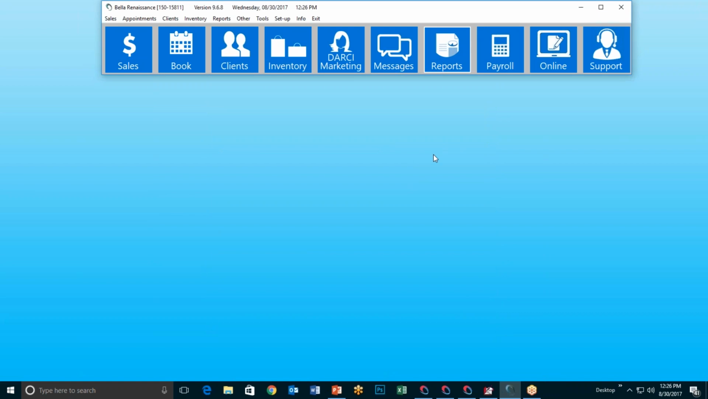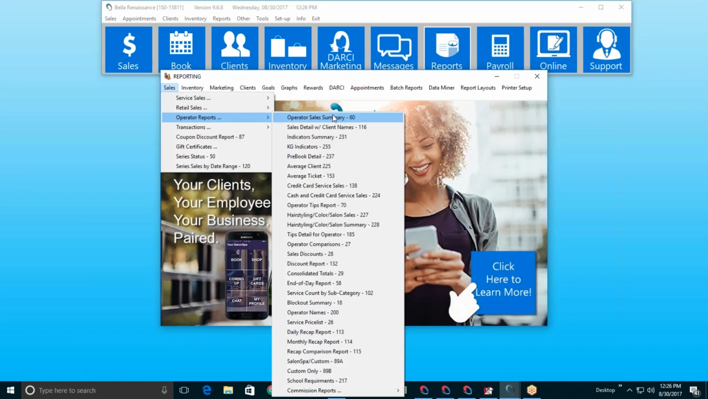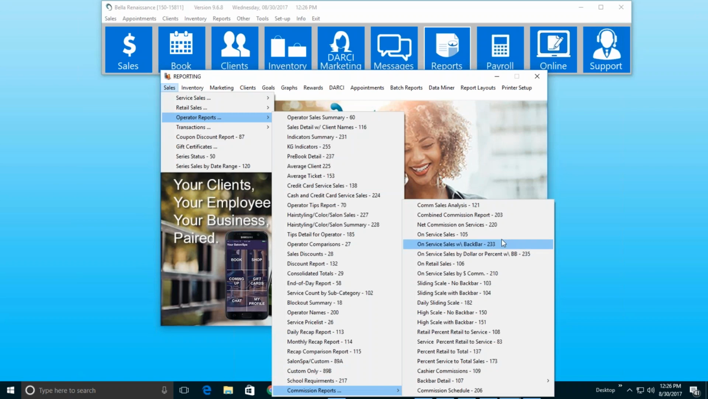Once that's done, we can go to reports. We go to sales, operator reports, commission reports, and all of our different commission reports are going to be here. Based on what type of commission you set up, that's going to determine what type of report you run. If you're doing standard rate commissions, then you want number 121 or 203 or 220 or 105, even 233. But if you're doing dollar amount, then you would want 235